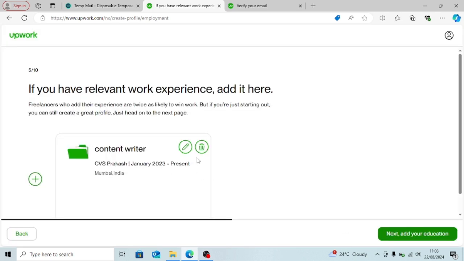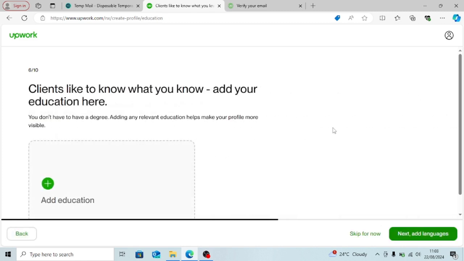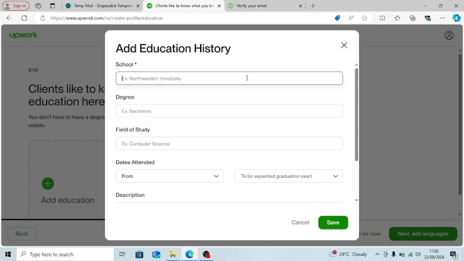So if you want to delete, you can do this to delete. If you want to edit, change your date, change any other thing, you can click this. If you want to add another work experience, then you can click this button and you have to fill the form again. So when you're done, just go straight to your education section. If you have no education, no problem, you can skip. But let's assume you want to add education, hit the plus button and then you can fill in your school